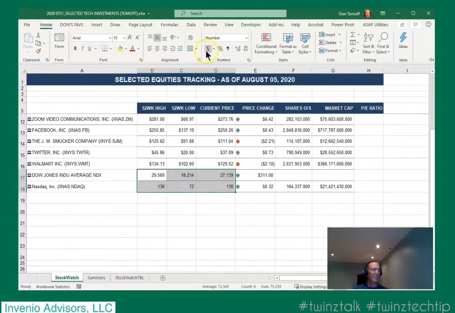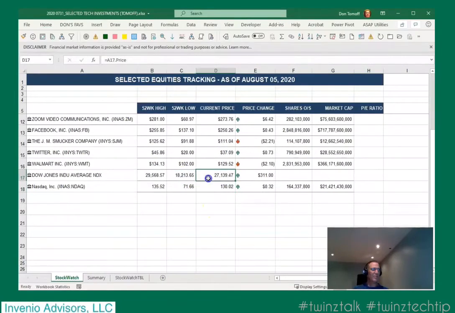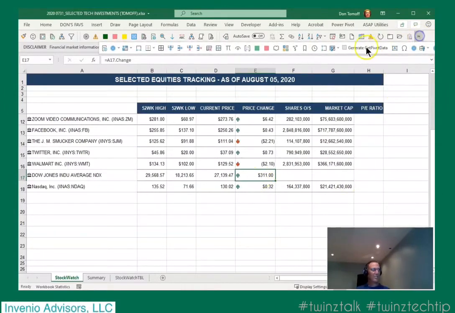And then I'm going to come back here and go bum, bum. And you'll see in this, you know that this is what it is, because we have the Dow today is at 27,139, and I'm going to just change that to